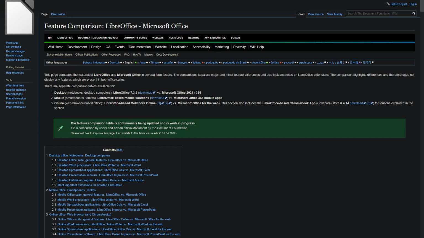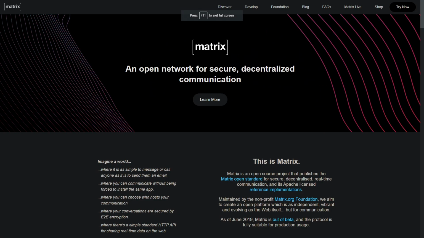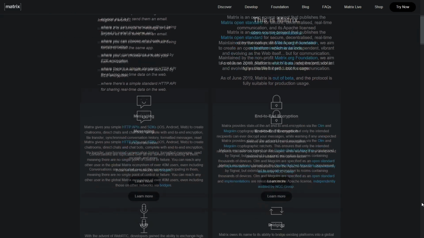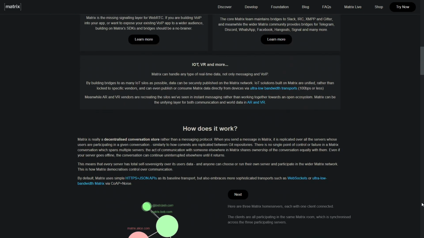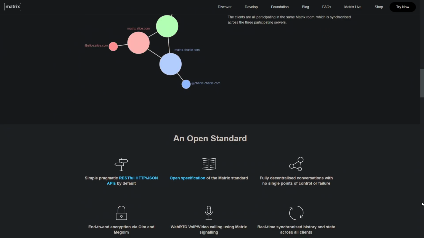I'm trying to run a channel. I'm trying to run a development program. I'm trying to run an open source project. I mean, a lot of open source projects use Discord. And the whole reason that they do that is because they don't want to have to support another thing, right? They're already supporting the software that they're trying to create. So when you look at it from that perspective, to me, Discord is really a great option for anybody who